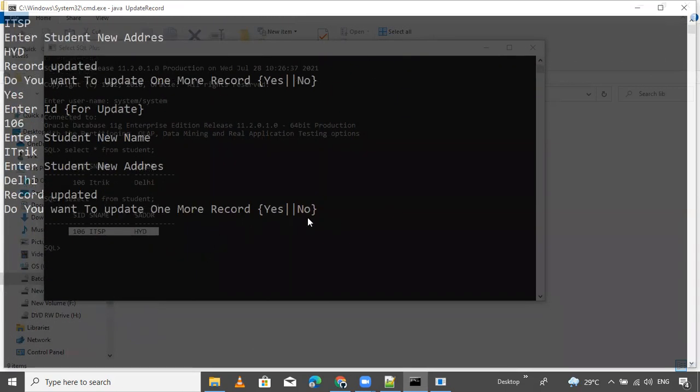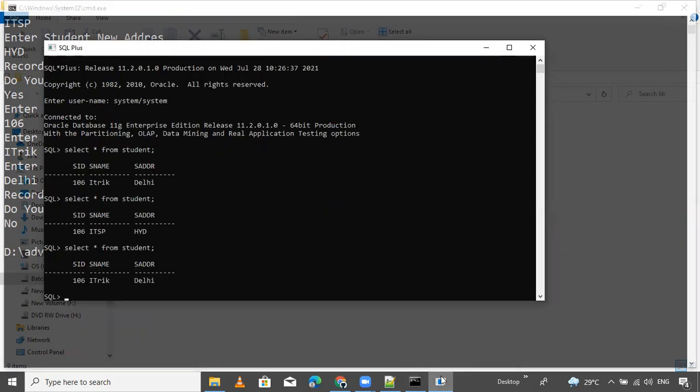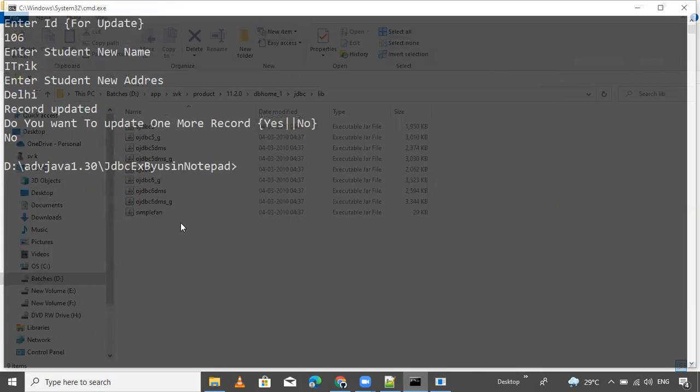Now, why am I doing this again? I will show you one more important point. If you press capital No, it simply terminates, not updated. Updation is performed. Let's check it. Data is updated. Data is updated now, but